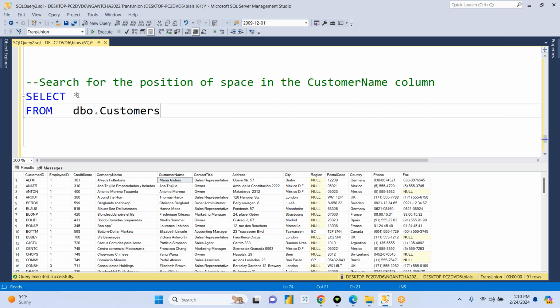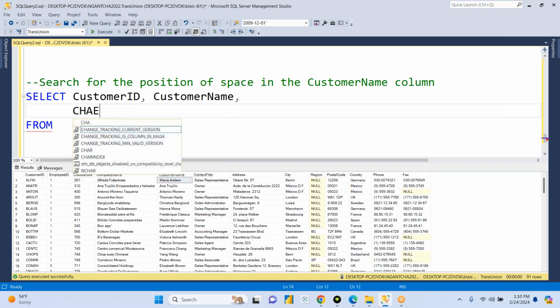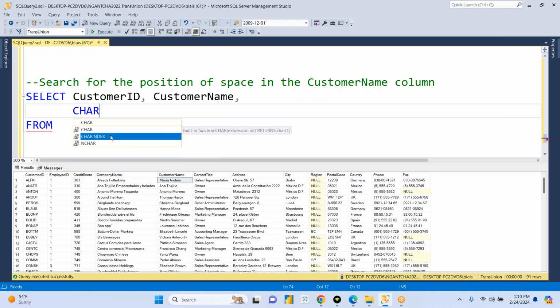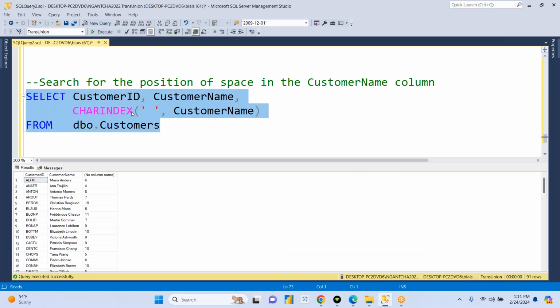Right. So I want to do it gradually. So give me customer ID, and then let's do the investigation. Customer ID. Also give me the customer name. Right, customer name. And now let's bring in our CHARINDEX function, which investigates the position of anything. CHARINDEX function is right there. What are we investigating? We're investigating the position of space. And how do we put space in SQL? That's it. Right. Investigate the position of space. And what's the column? This is the column right here, the customer name column. If I execute this, run that, you see that now we can go back and solve that question for extraction